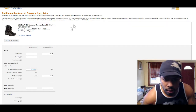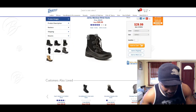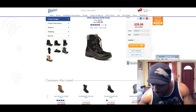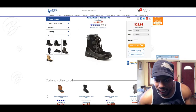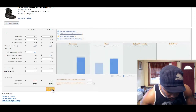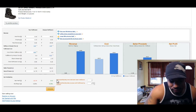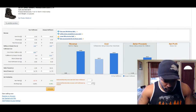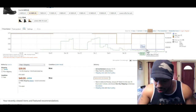We estimate it's gonna cost us about $1 to get it into Amazon. It's gonna cost us $29.99. Now, Boscov's charges me tax, so I have to take that into consideration. So I'm adding 6%, and that's getting me up to $31.79. Let's see if we can get that. Now, with that, you'll still make about $4.50, $5. I don't really like those margins, but the tools tell us, the metrics tell us that this product